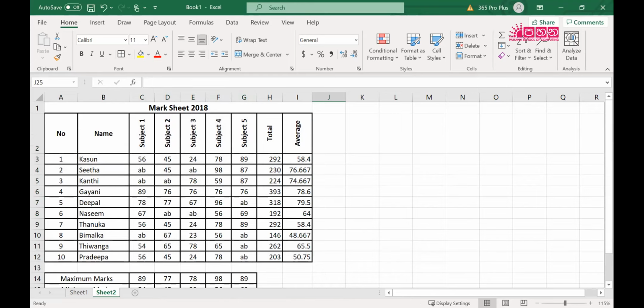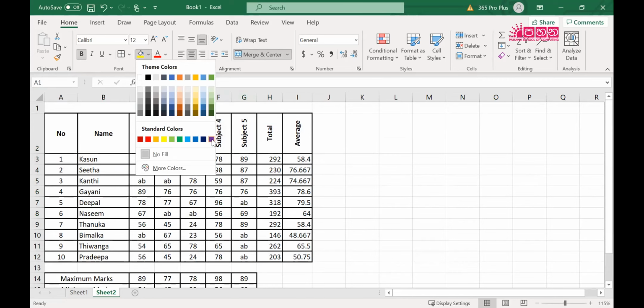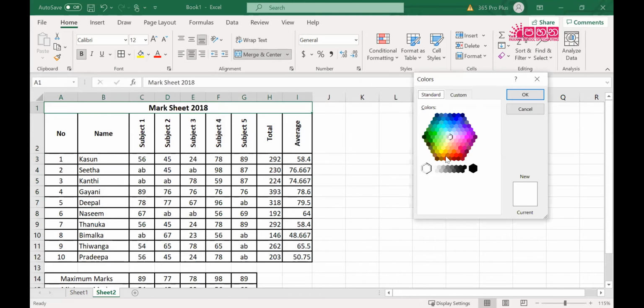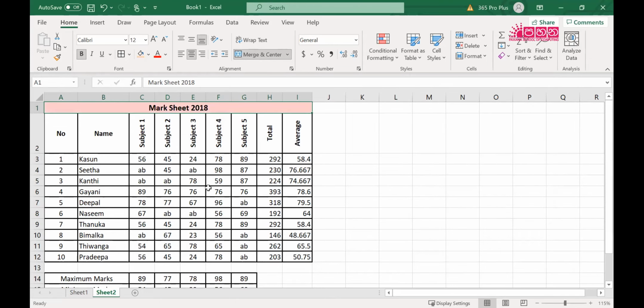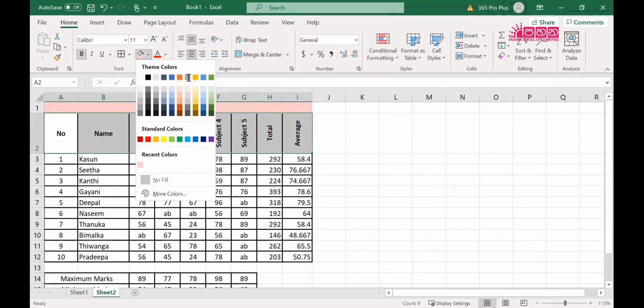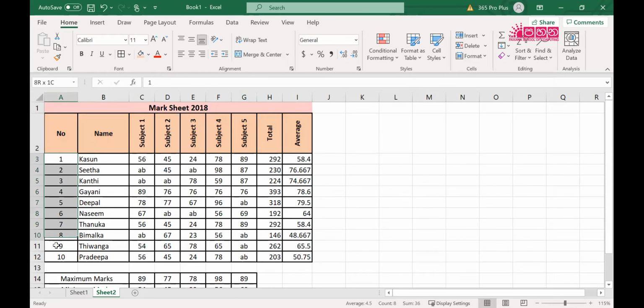Now I can fill color, background colors, a color of your choice. I don't mind, right? So I can choose, for example, more colors, right? Okay. And then maybe next, we can have some colors, something like this.